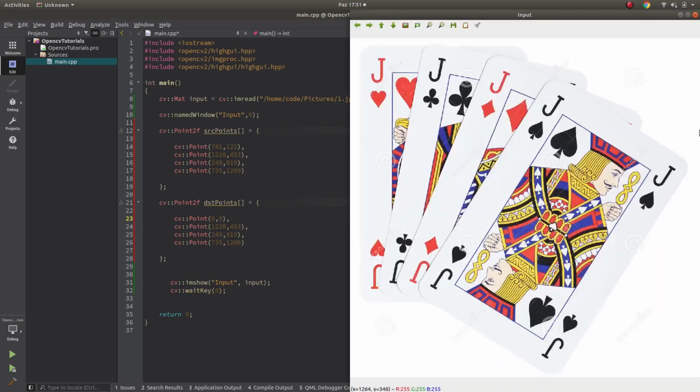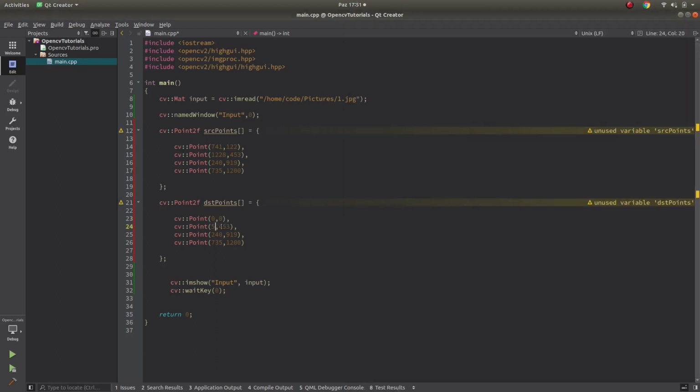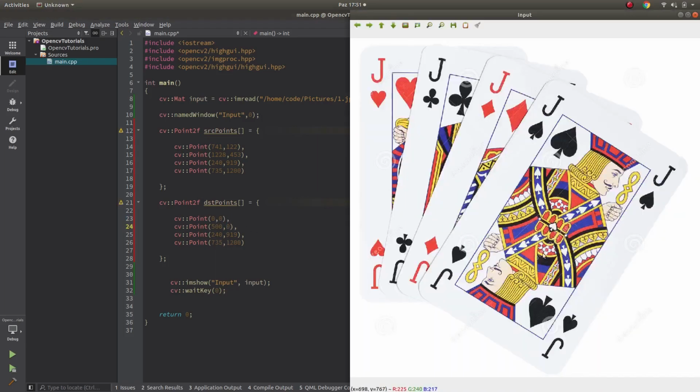The second point, x should be, say, 500 and again 0 on the y-axis, and I'm back to here.